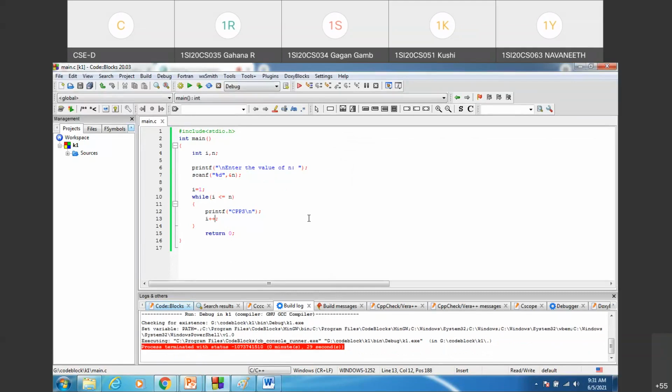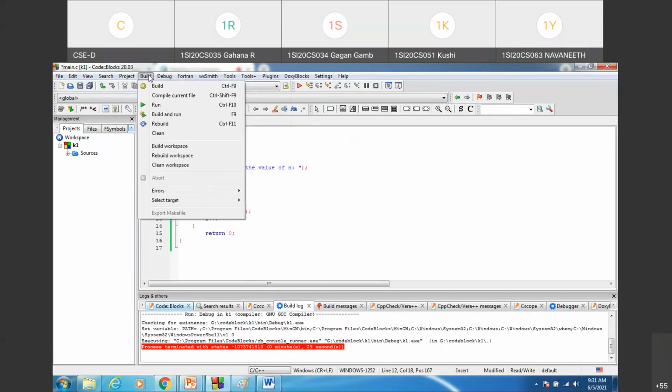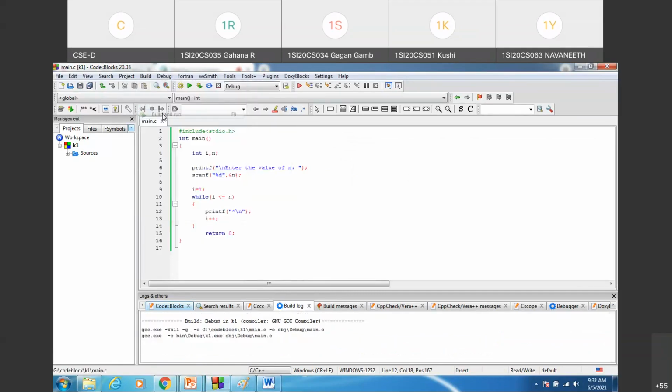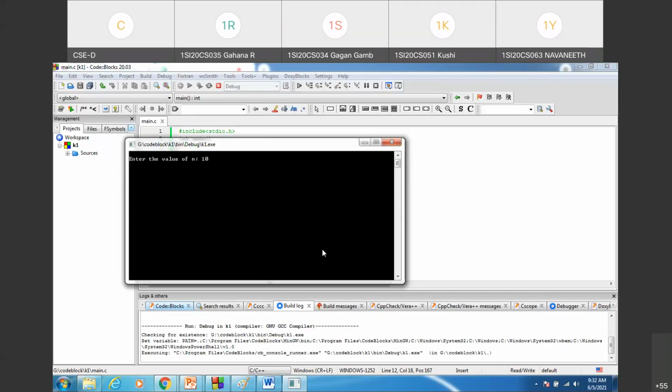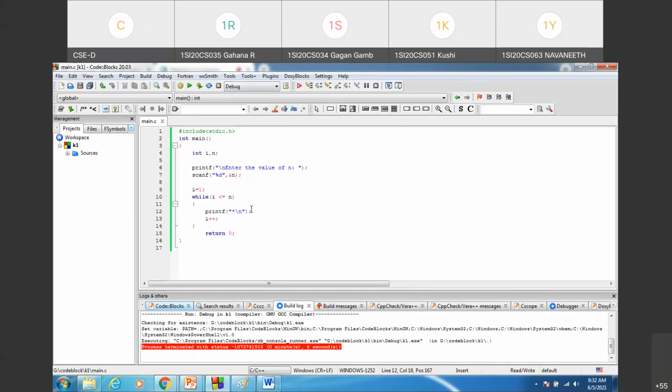If I want to print star n times, I can just leave the star here. I can run it. If I give n is equal to 10, 10 stars will be printed. If I want to print 10 stars in the same line, I shall remove backslash n and run it.